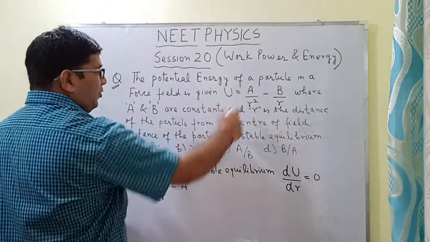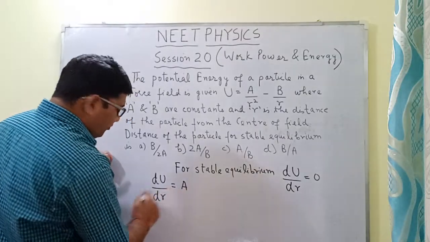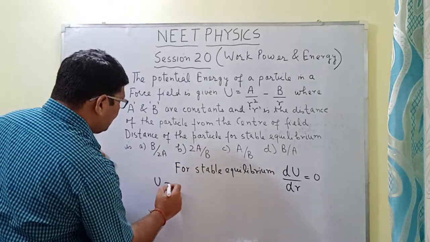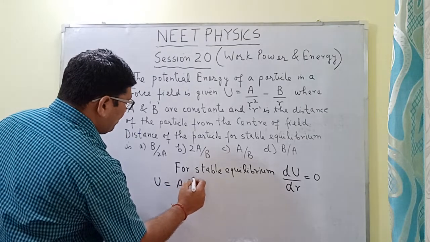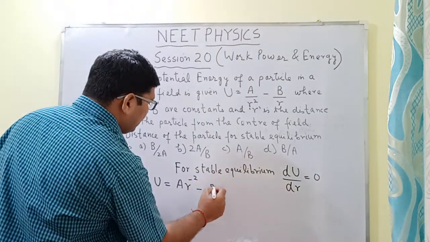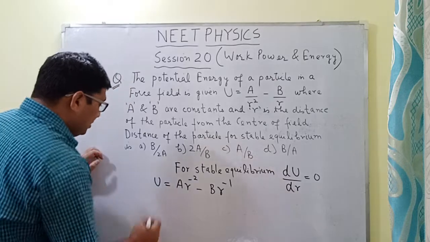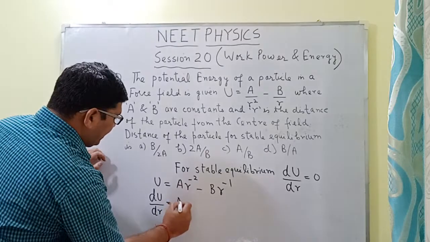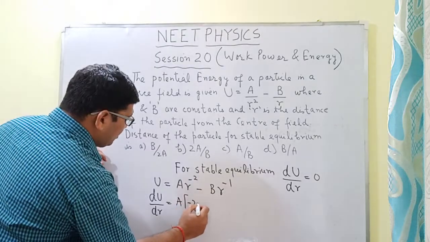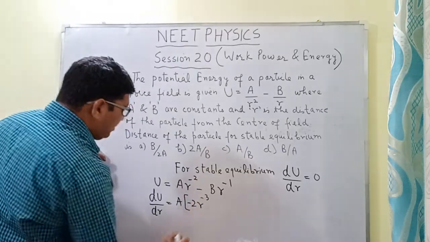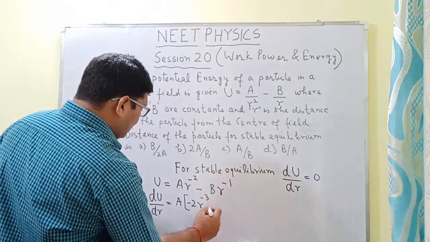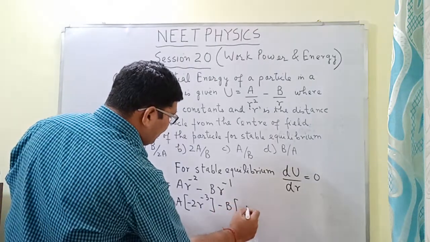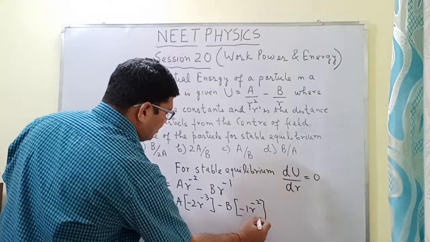सो 1/r² है, तो 1/r² को अगर हम फर्स्ट ऑफ ऑल आई विल राइट दिस u इज इक्वल टू a r टू द पावर -2 माइनस b r टू द पावर -1. सो du अपॉन dr क्या होगा? ये कांस्टेंट है, ये हो जाएगा आपका -2 r -3, ठीक है, और दूसरा हो जाएगा आपका ये आपका b कांस्टेंट है, ये आपका हो जाएगा -1 r -2,